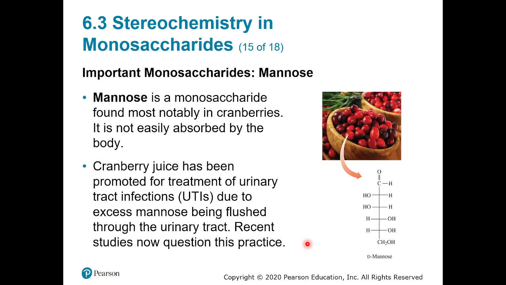All right, so this is mannose. Mannose is going to be a monosaccharide, most notably found in cranberries. It's not easily absorbed by the body. Cranberry juice has actually been promoted for the treatment of urinary tract infections, UTIs. It's actually due to the excess mannose being flushed through the urinary tract. And so recent studies have now actually questioned this practice and questioned whether this actually functions due to that, or if this is actually a meaningful treatment. But this has been widely promoted and used for a long time. So,